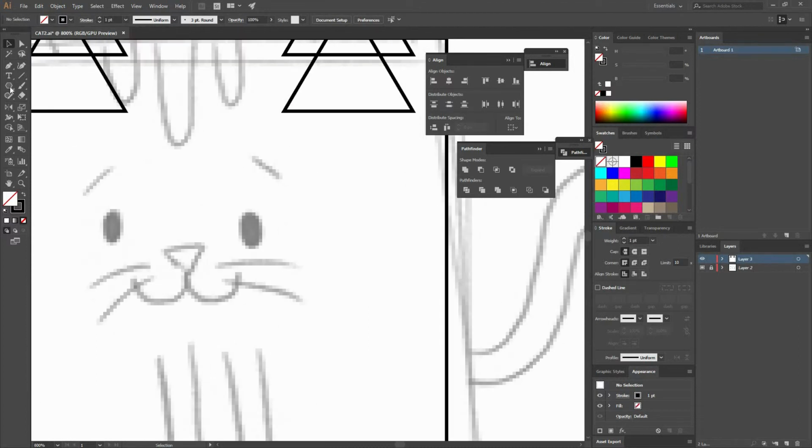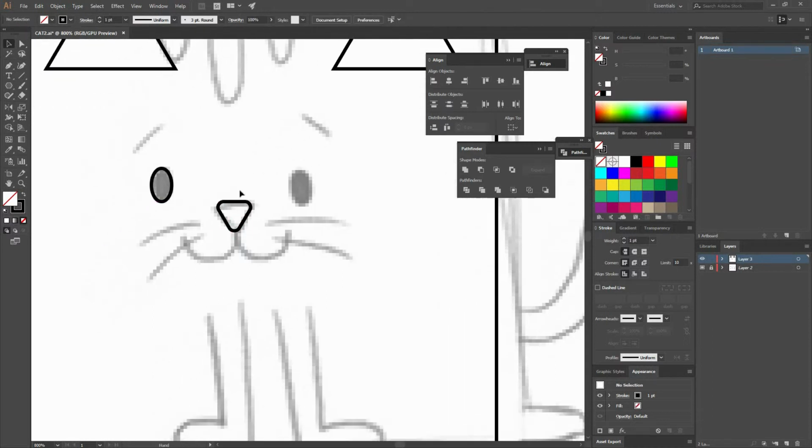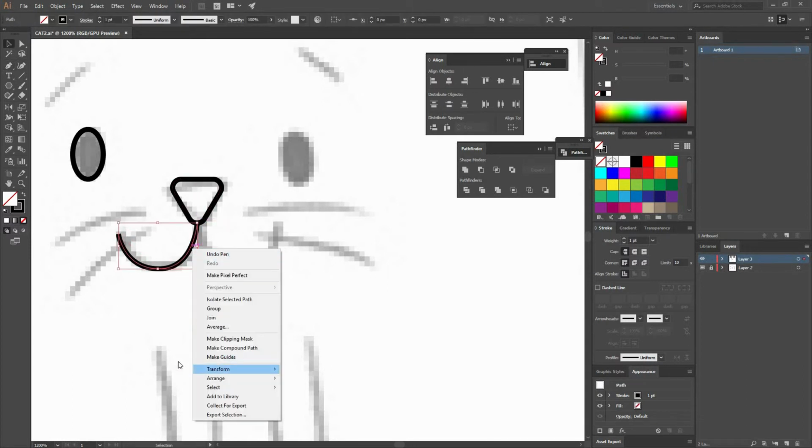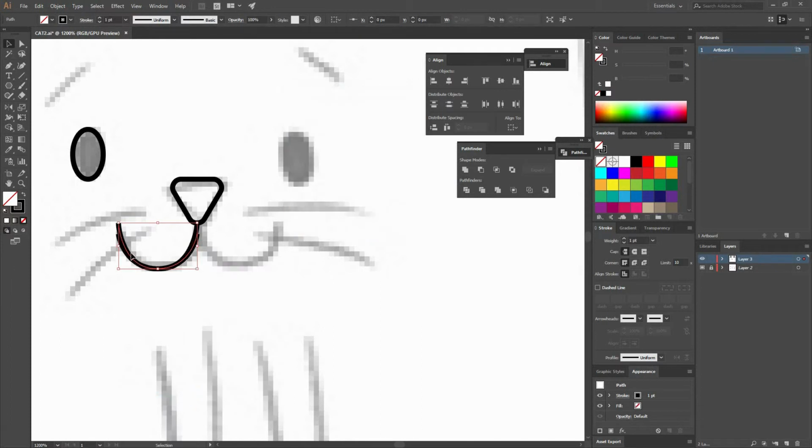Now I'm going to keep creating my eyes with an ellipse tool. And again, do a little rectangle, and I can place it here, and I could go to my direct selection tool by pressing A or going here and round my corners a little bit, so I get something like this. So try to experiment with these little differences. And just the same, we're going to right click, transform, reflect, and make a copy of that line that we just created.